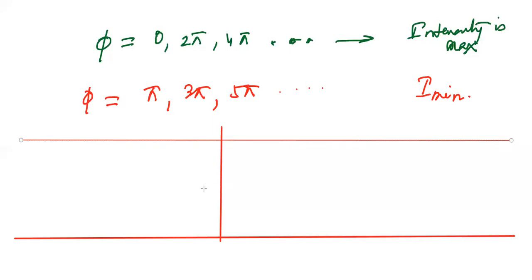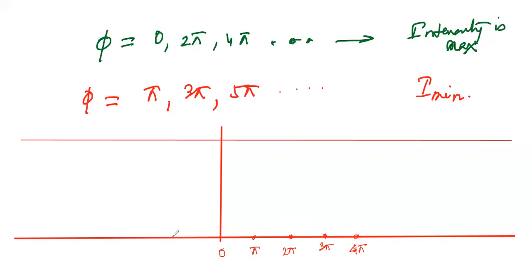Okay, better. So I have taken this. This is your 4 I naught. Now we'll put it in equal distribution. Suppose this is your 0, then I take this to be pi, then I take this to be say 2 pi, then I take this to be your 3 pi, and then I take this to be your 4 pi, right? And I can also take the other side also.